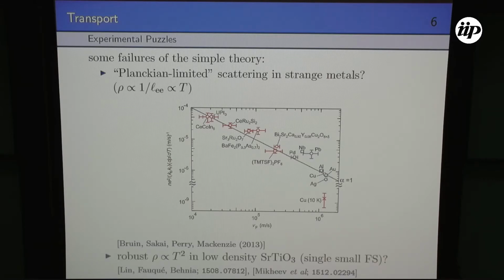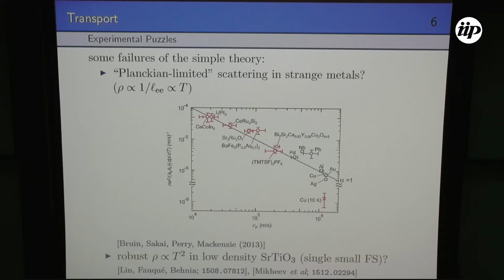But there are also puzzles that probably have somewhat more conventional resolutions. By this I mean metals where we probably don't need to invent new theoretical approaches. We just need to apply the ones that we already have in a smarter way. So these are things like low-density oxides, like strontium titanate, where we can find very robust T-squared resistivity with a